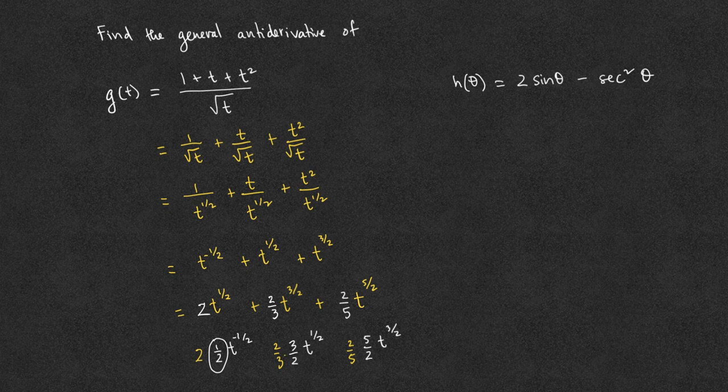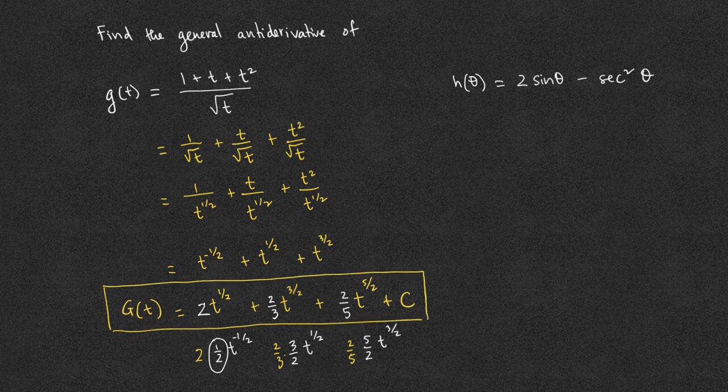When we're done, we just simply add a constant c and rewrite this as the capital G of t, which is the antiderivative of the lowercase g of t. In the online homework, we might not need to write g of t because this might be provided to us already. For h of theta equals 2 sine theta minus secant squared theta, we have two terms,